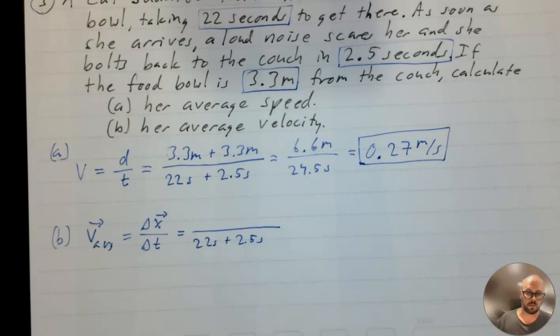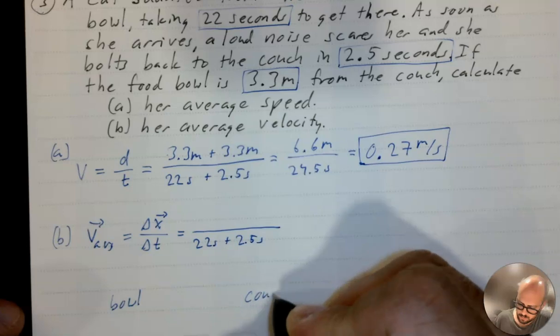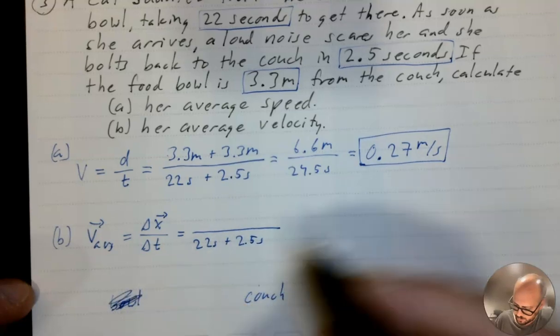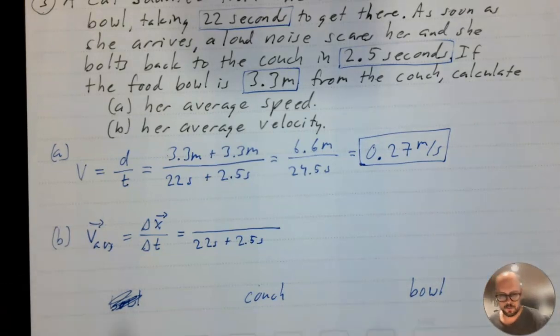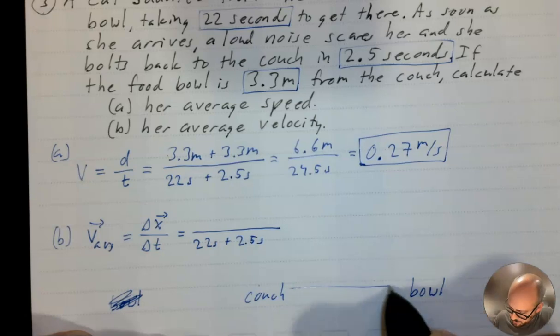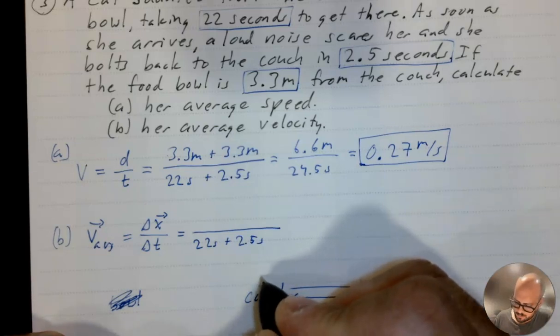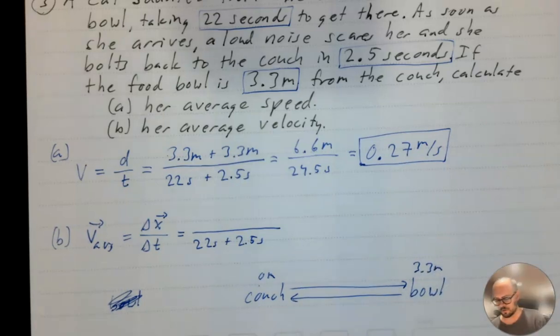Now displacement is final position minus initial position. So maybe you can make a map in your head, or maybe you actually want to write this down. If we map out the couch and the bowl, the bowl is going to go over here, just because we're most often left to right thinkers. The cat goes from the couch to the bowl, and then from the bowl to the couch. Now, if we make this 0 meters, and this location for the bowl 3.3 meters,